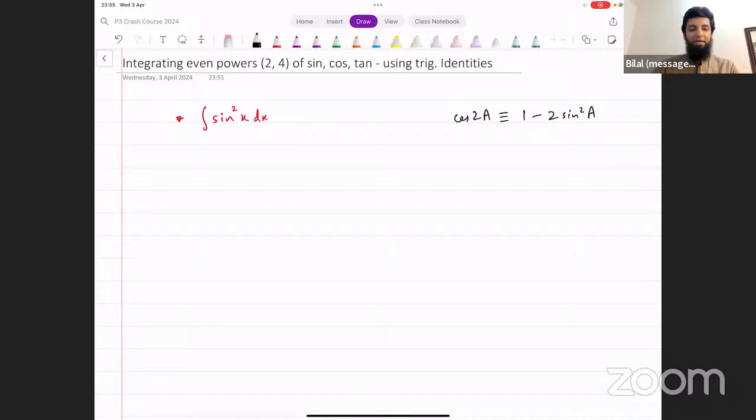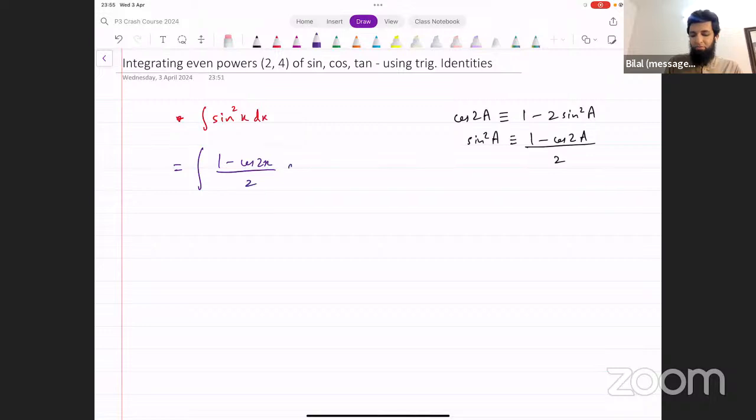You will use this identity to get rid of the power. How do you do that? If you make sine square the subject here, what does that give you? Sine square a, that's identical to, so let me write it like this first, 2 sine square a, that's identical to 1 minus cos of 2a. Then just divide this 2 on the other side, and it becomes sine square a equals 1 minus cos 2a divided by 2. So you can use this identity to convert sine square x to 1 minus cos of 2x